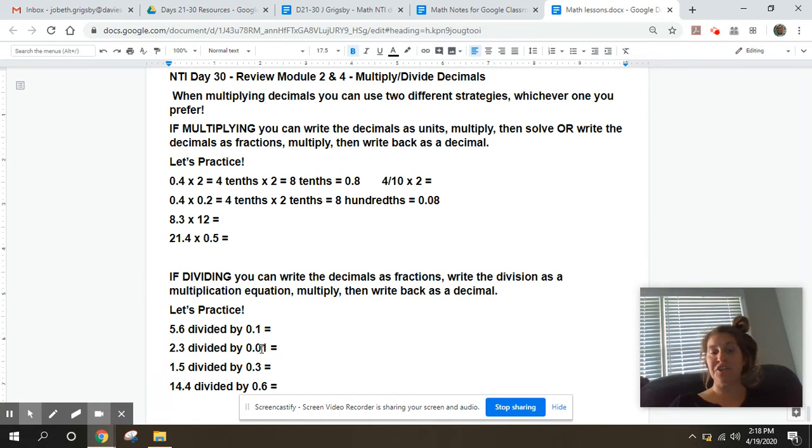Or I like to write the division as fractions, and I like to write the multiplication as units. So I'm just going to keep going. But if you want to pause the video and solve these two, you can. I'm going to write them as